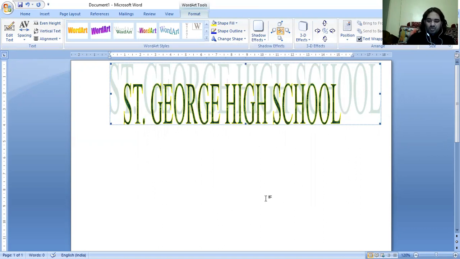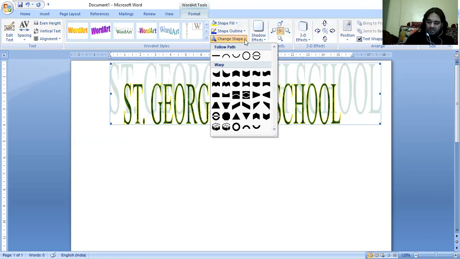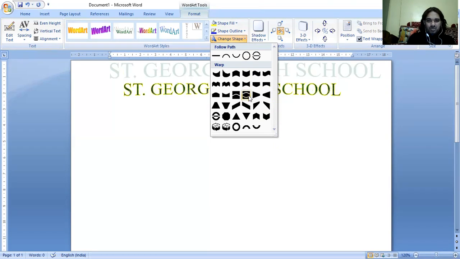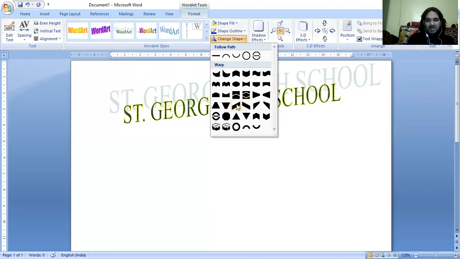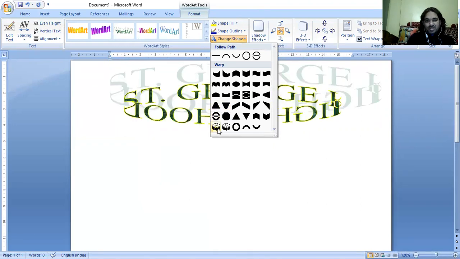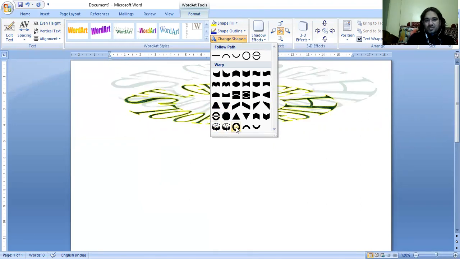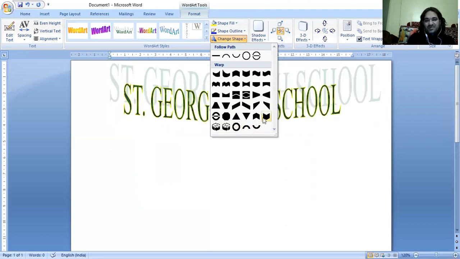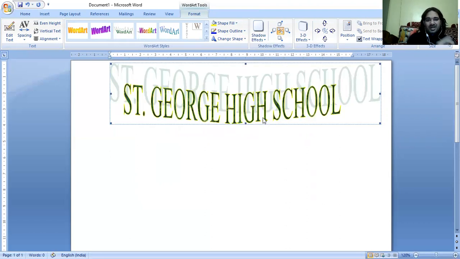Next part, changing word art shapes. Different shapes you can make, you can bring changes in that. For that, to bring the change in shape, you can see this option here, change word art shape. You can click here, according to your page number 87. Whatever pattern you want, you can take it. As soon as I'm clicking on this, you can see changes are taking place. Can you see different changes are there, right? Whichever you feel is good, you take it. Currently I'm taking this one. So one example you can see here, right?